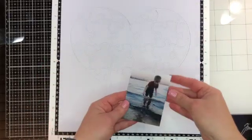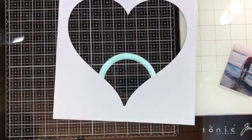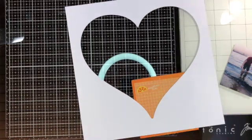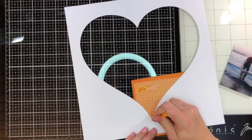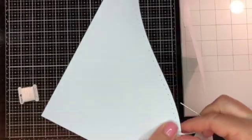I am sharing with you a process video today for the Australia Day Cyber Crop hosted by Kitaholics Kits. And as you can see, I've cut out this heart. So I'm scrap lifting the wonderful Laura Alberts, but instead of using a circle, I've changed that out for a heart. So now I'm just going ahead and piercing out some holes on the edge because I'm going to